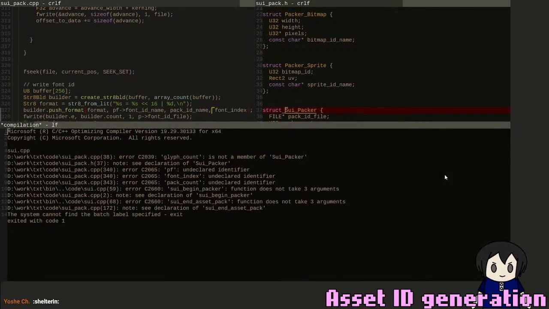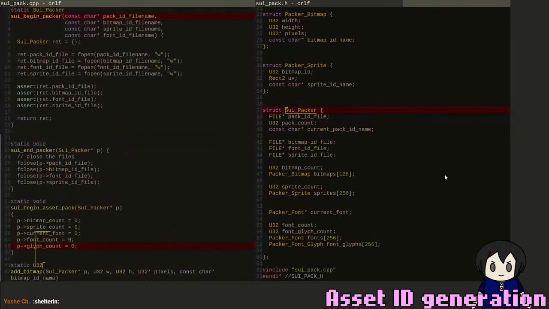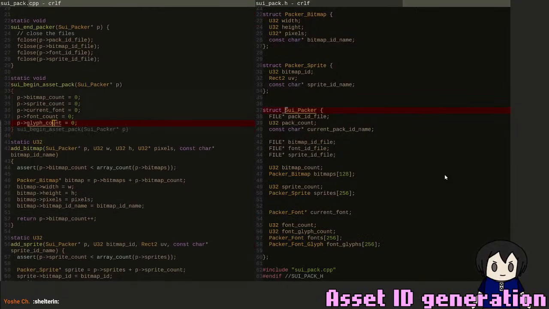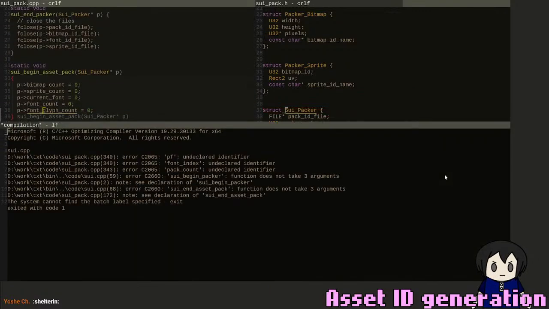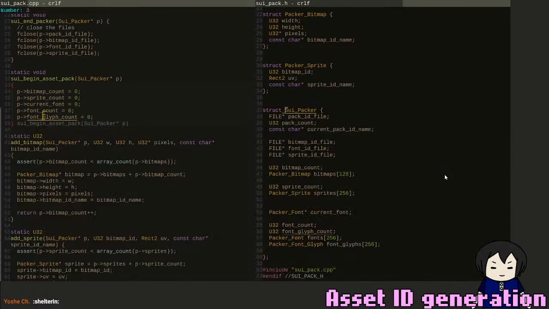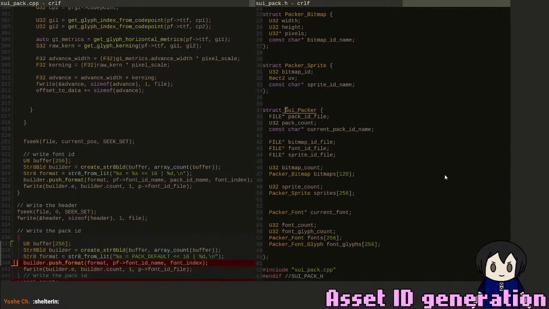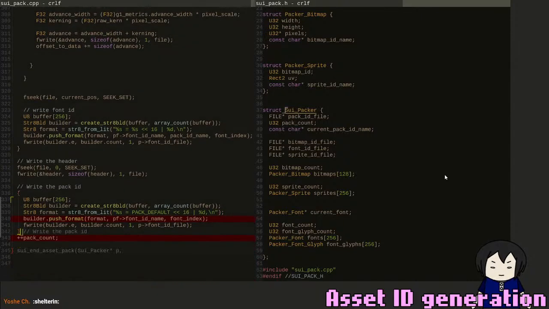Glyph count is not a member of Sweetpacker. Nani? Wait, then what? Font glyph count. Okay, fine. TF undeclared identifier. Let's solve all the errors. PF P what? Nani? Oh wait, this is different. This will be pack default. Oh, you know what? We'll just put the ID here also. So this is